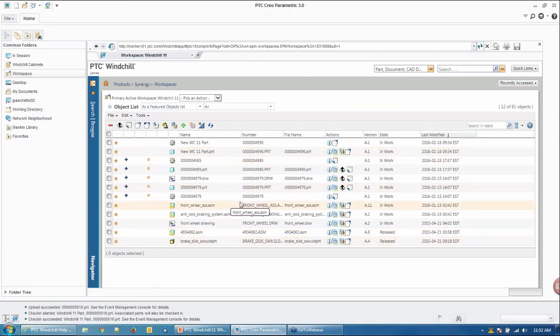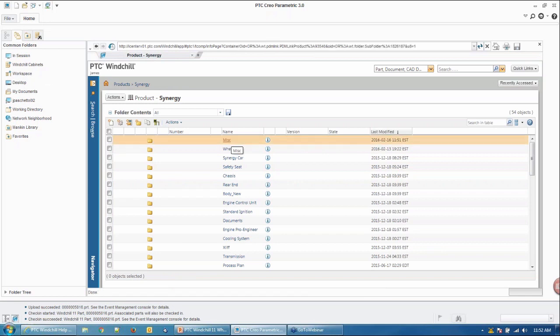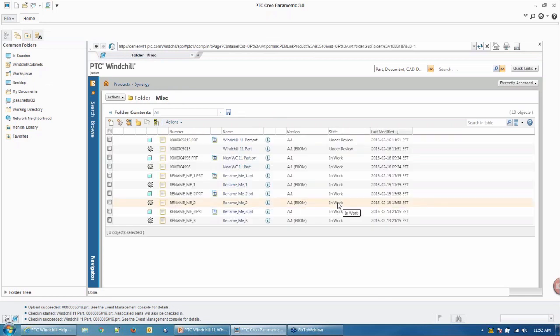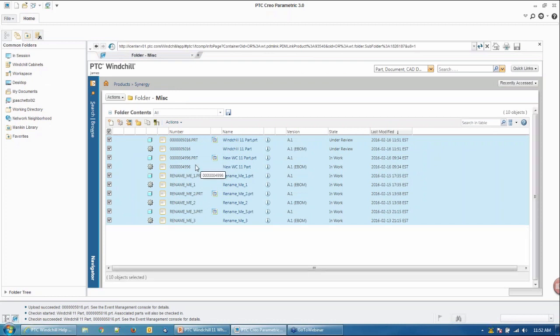So let me just navigate to a folder in this particular product to show you some of the renaming capabilities. Now, in the past, I wouldn't be able to bulk select unrelated objects in Windchill and execute a rename. So that's something that many of my customers have been asking for over the years. They would have to do this one by one, which was time consuming, and